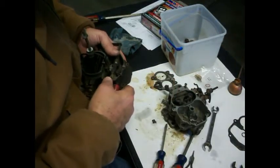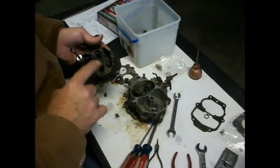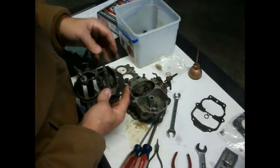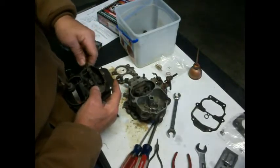Somehow. Alright, I'm going to have to maybe get the instructions and see how that comes out. Alright, show you more. Okay, well it appears after I read the instructions that you go ahead and take this screw out and then you can pull this shaft out. But I'm not going to try to pull it out all the way because I'm not going to take this other stuff out. So I'm just going to pull it far enough out